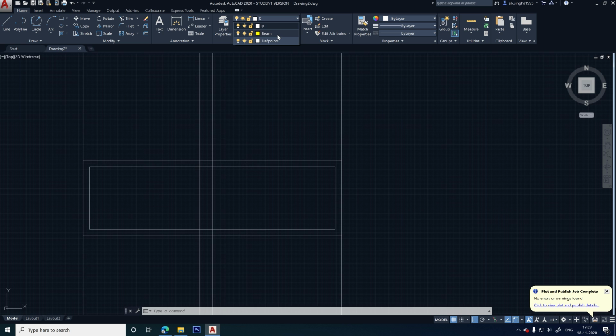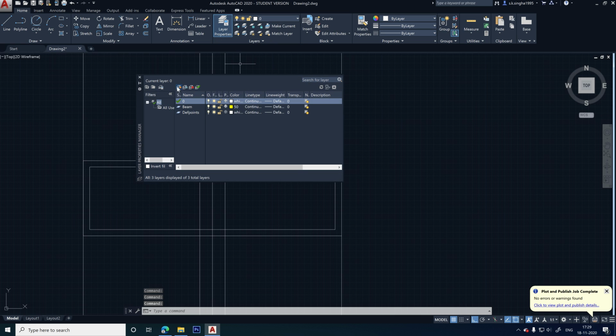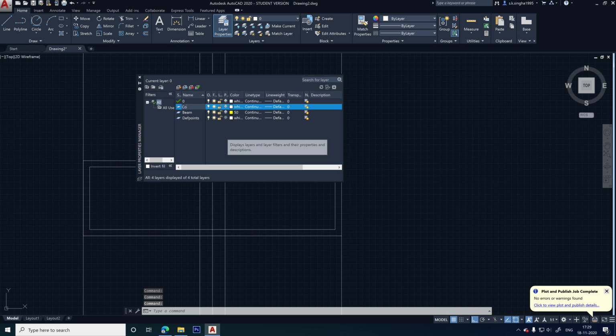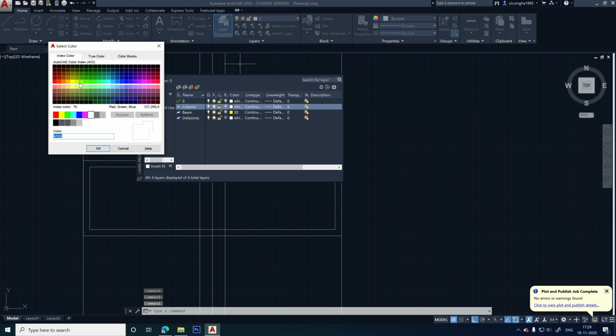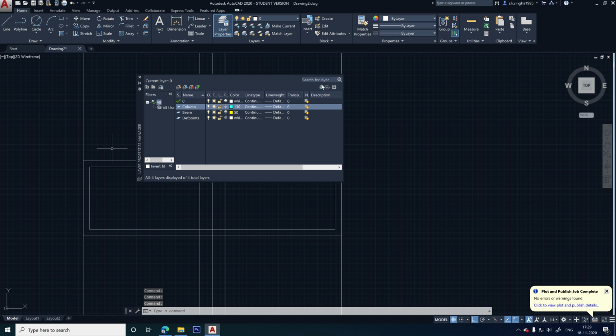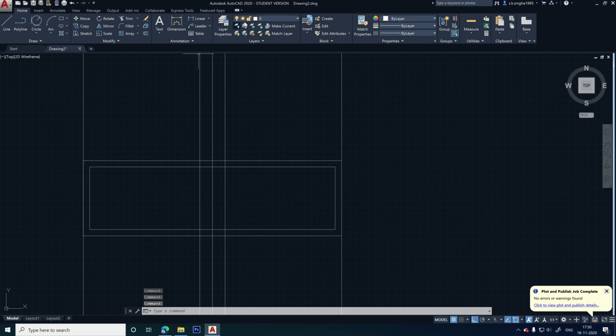Done. Now what we'll do, we'll go to the column, sorry, we'll make a layer of column, it will be better. Column. Let's change the color, take a light color, I think let's take this. Okay, now